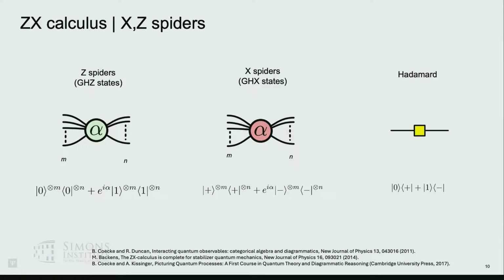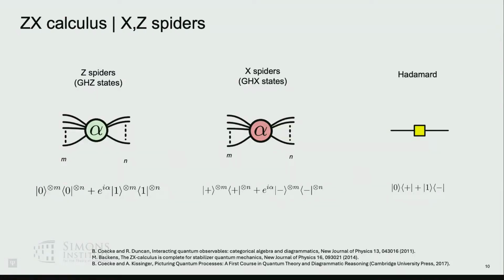So ZX calculus is a graphical formalism for describing quantum physics. So we can use it for everything. Here I'm just going to be interested in looking at how it applies to fault tolerance. But the building blocks are very simple. It's basically just these three things. So we have some green spiders, these little green nodes with some legs sticking out. You can think of these as a kind of node in a tensor network diagram. And